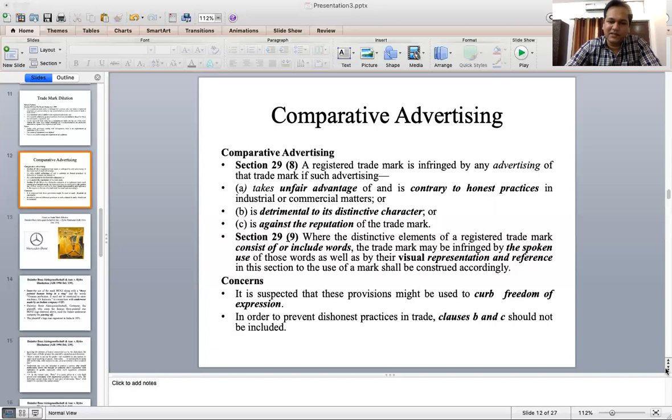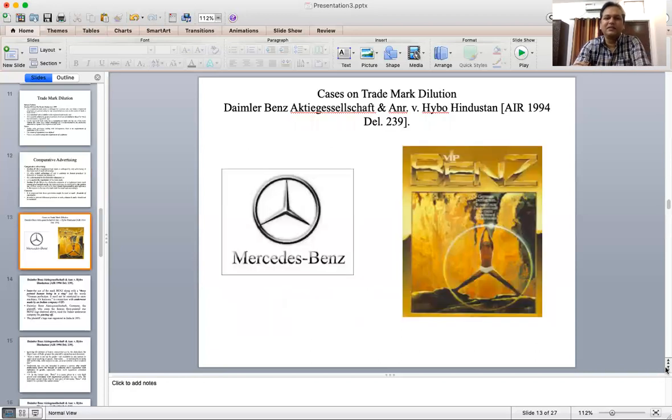So coming to cases, this is one of the cases which you are seeing here. The one is the brand which is very well known, you might also know, the Mercedes-Benz logo, which has been copied by a clothing company, VIP, as you know, for its undergarments, or you can say some other clothes.